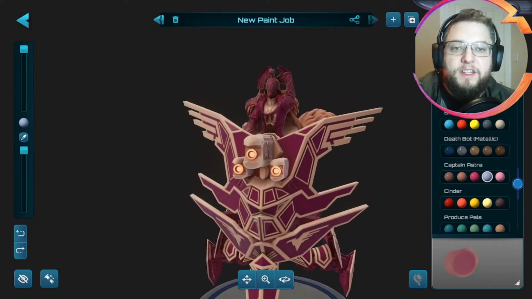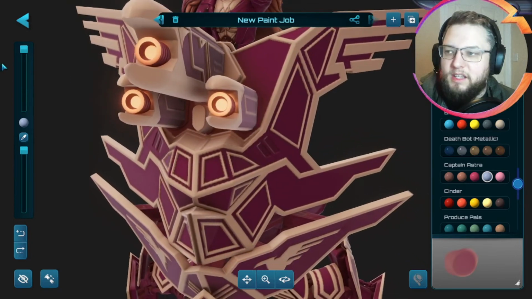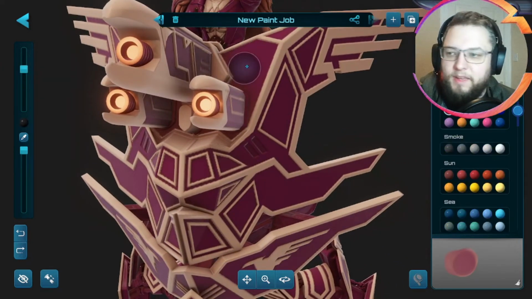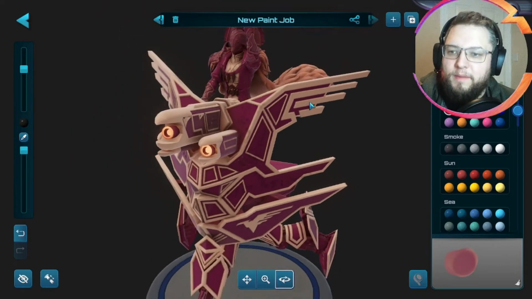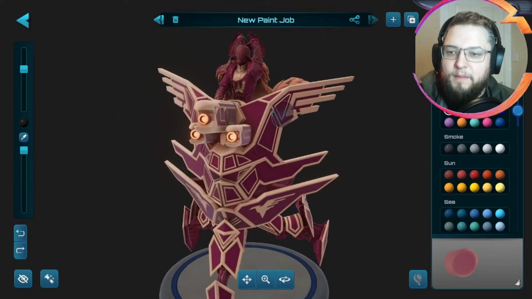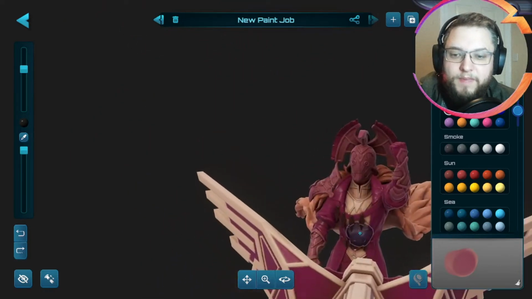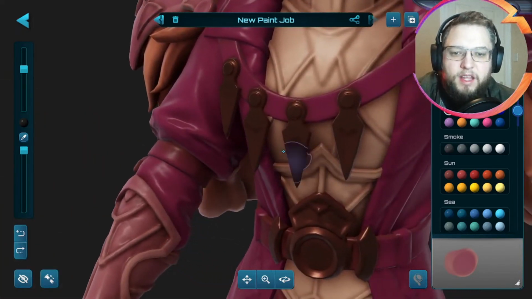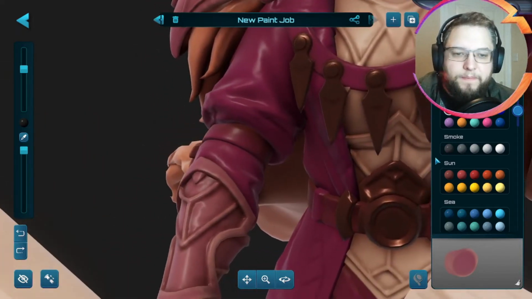Now the next one is the stipple tool. What the stipple tool essentially is, if we just lower the brush size slightly, and we'll pick black just to demonstrate here, is it's just a series of small dots. So you can see this going on here, and it doesn't look like that much. Here it just looks a bit dirty, but actually what it's really useful for is exactly that, making things look a bit dirty. So here we've gone with a bronze paint onto this for the belt,